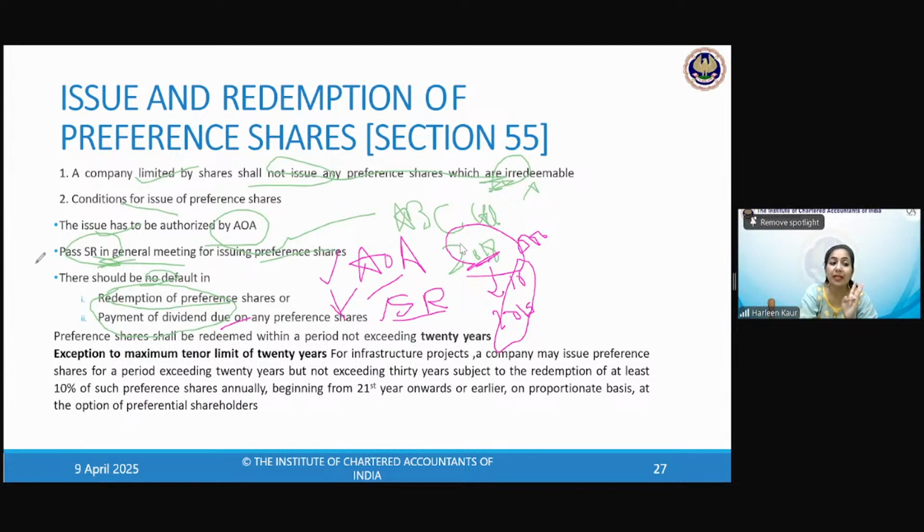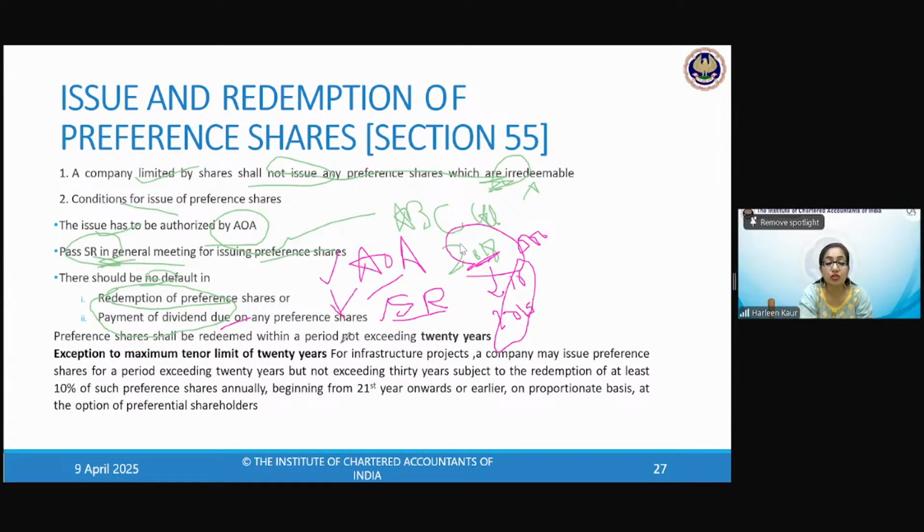How much is the time period for which the preference shares can be issued? So, child, I tried to use different colored pens just to make you understand that when you sit for revising, have a separate notebook and register for law and try marking it out with different pens. Because this will give you a lot of conceptual clarity and your learning becomes very, very easy. The more you write, the amount of notes you make and learn by writing, you will never forget the content. So always remember to write.